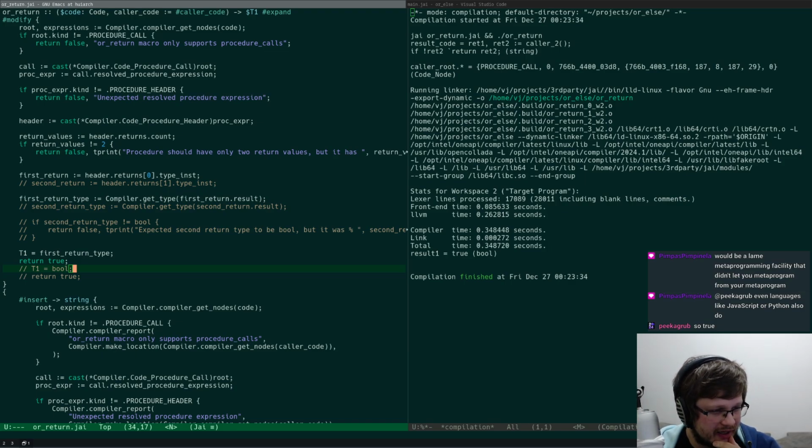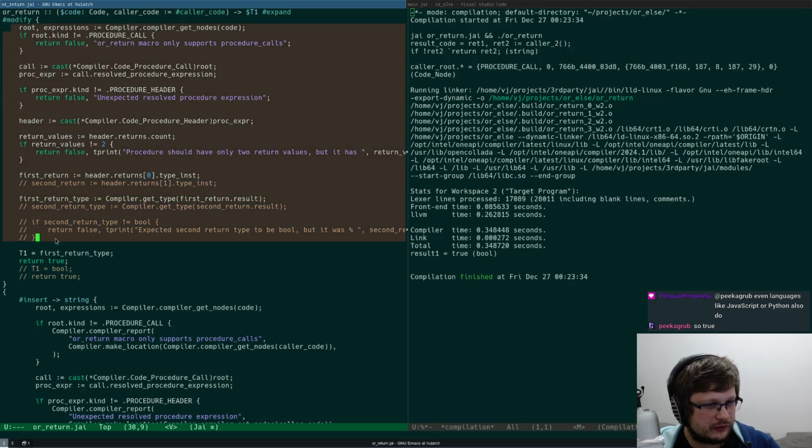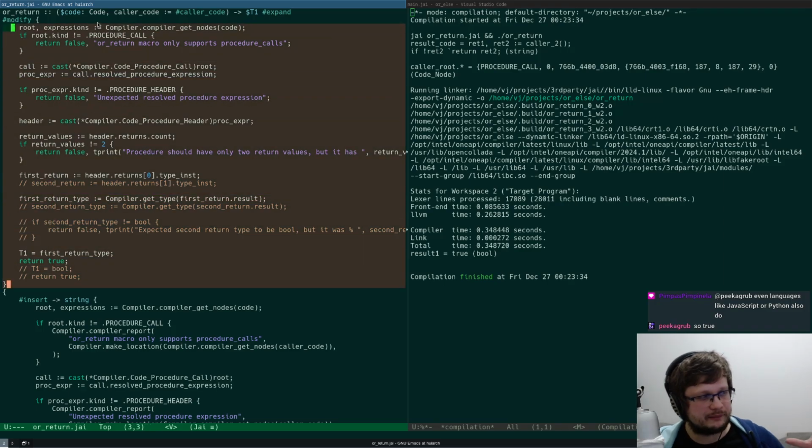Maybe use code type in the modify to reject based on the type of the code. Yeah. I already did that. It would be a lame metaprogramming facility that didn't let you metaprogram from your metaprogram. Yeah, I mean, here's metaprogramming, right? So here I'm metaprogramming inline, inside of the macro.